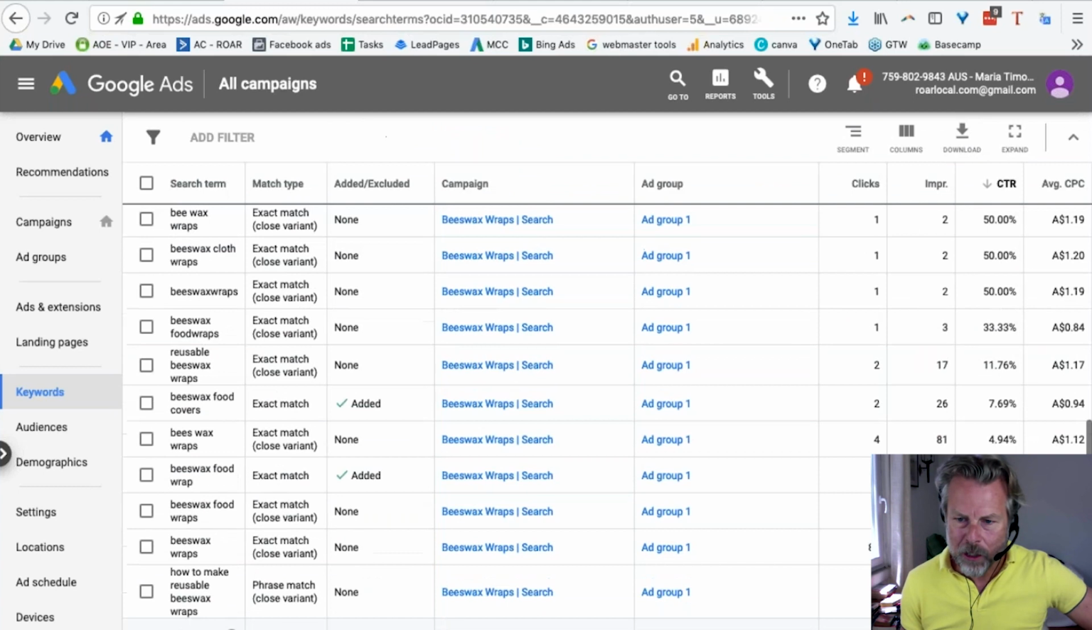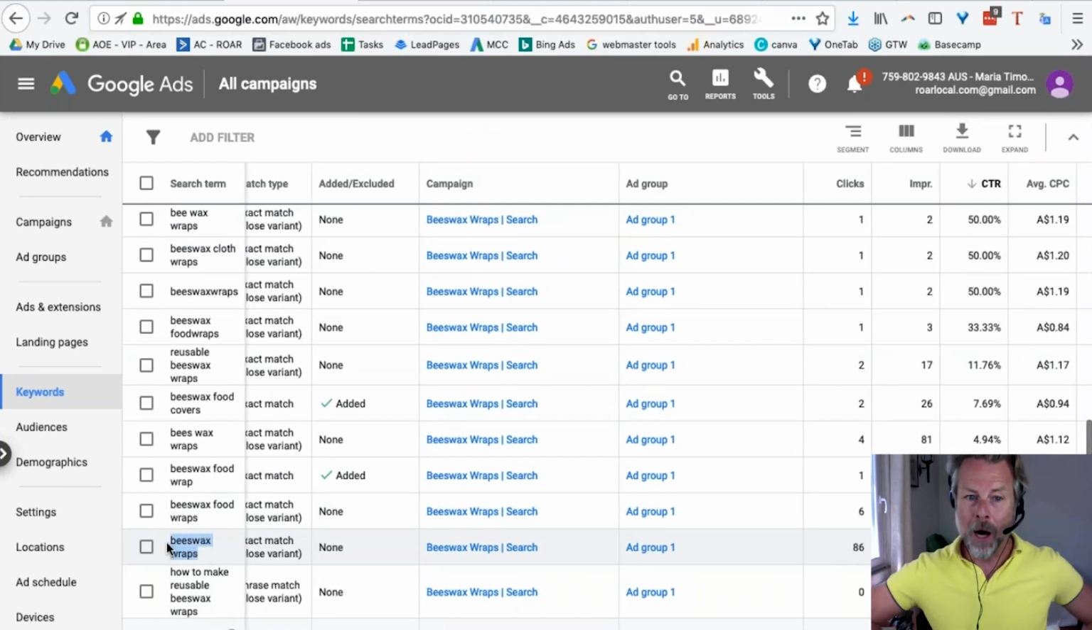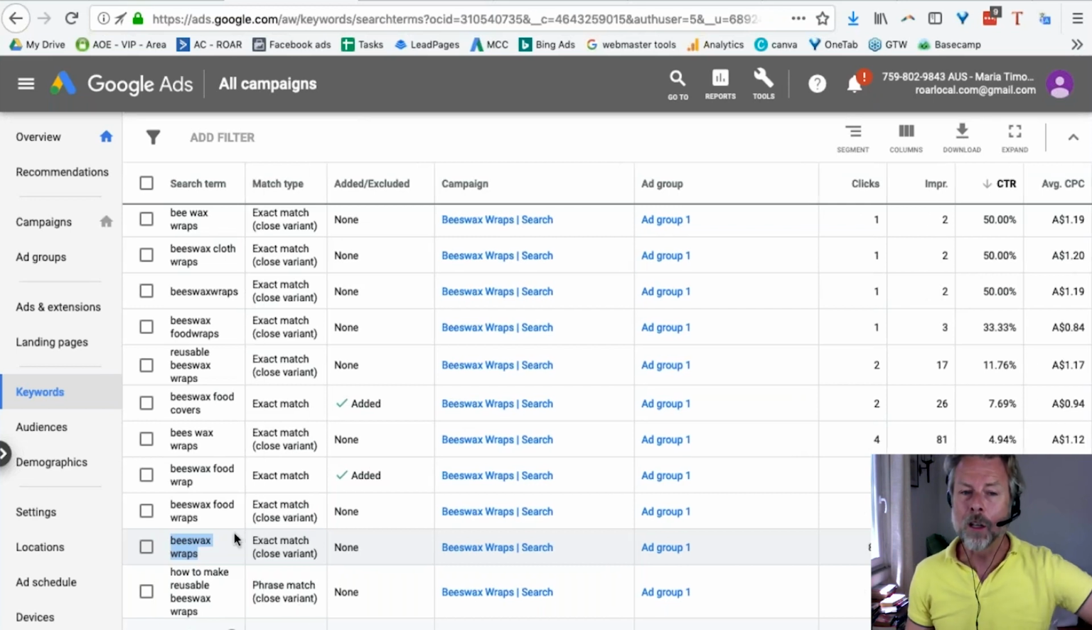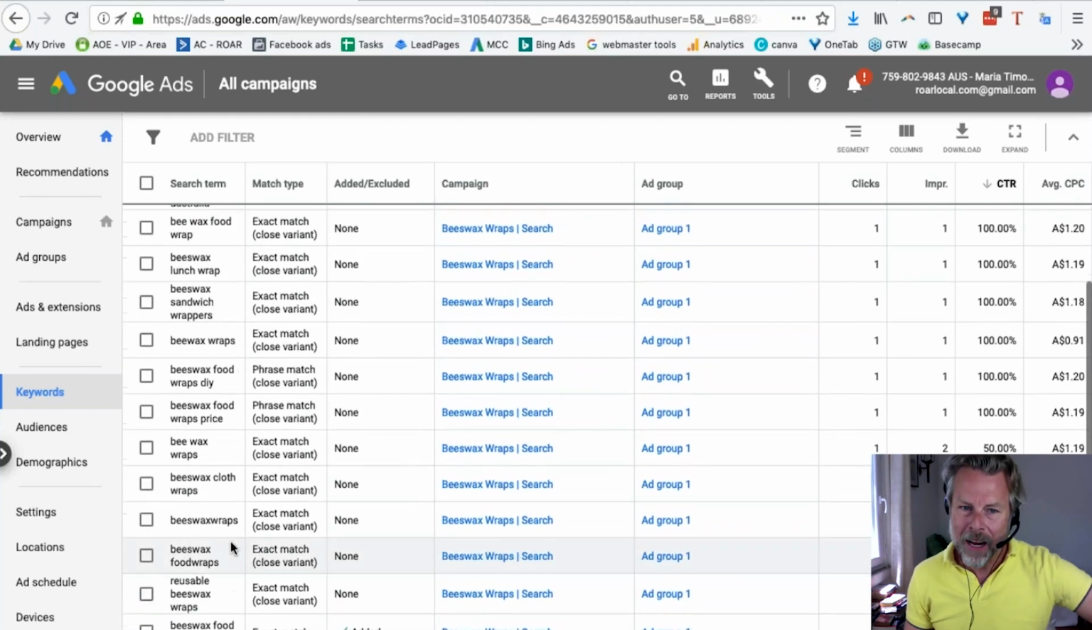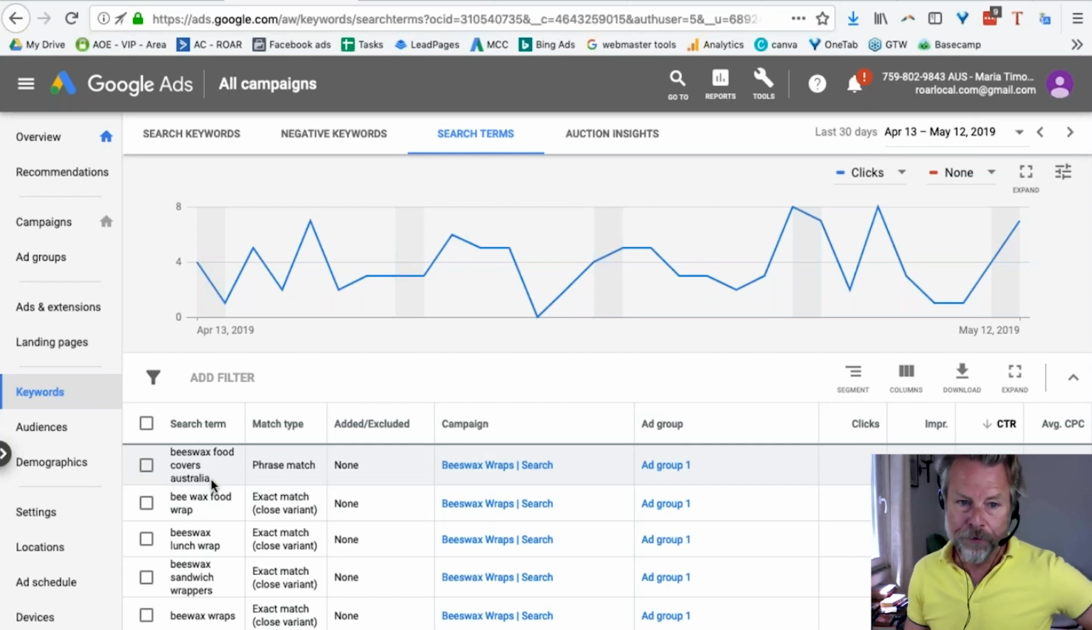Versus, let's go and have a look at something with low buyer intent. Beeswax wraps, which has got less buyer intent. There are lots and lots of things that somebody could be looking for when they type in beeswax wraps. But if they type in beeswax food covers Australia, they're most likely looking for a way to buy the product. I hope that makes sense. So given that that's the case,